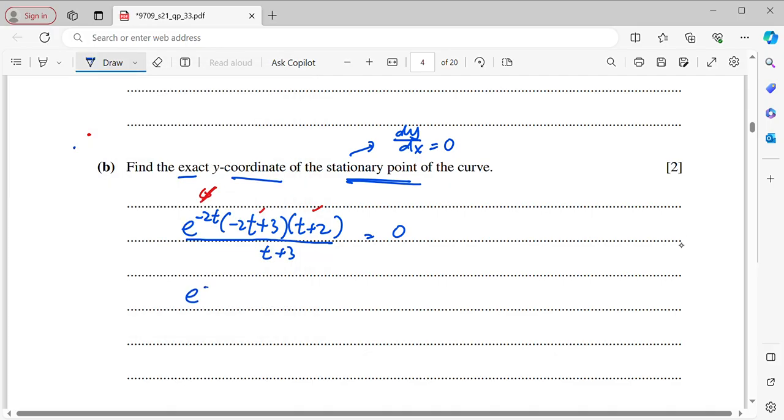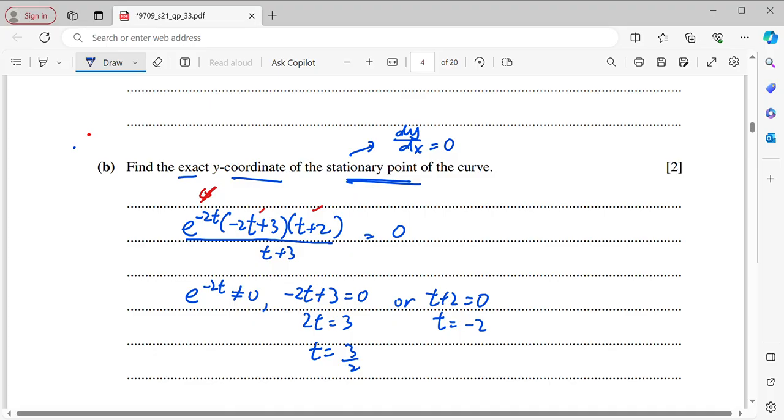So I will write e to the negative 2t will be never 0. So it means that maybe the negative 2t plus 3 equals to 0 or t plus 2 equals to 0. Okay, then from here, the first one, 2t equals to 3, therefore your t is 3 over 2,